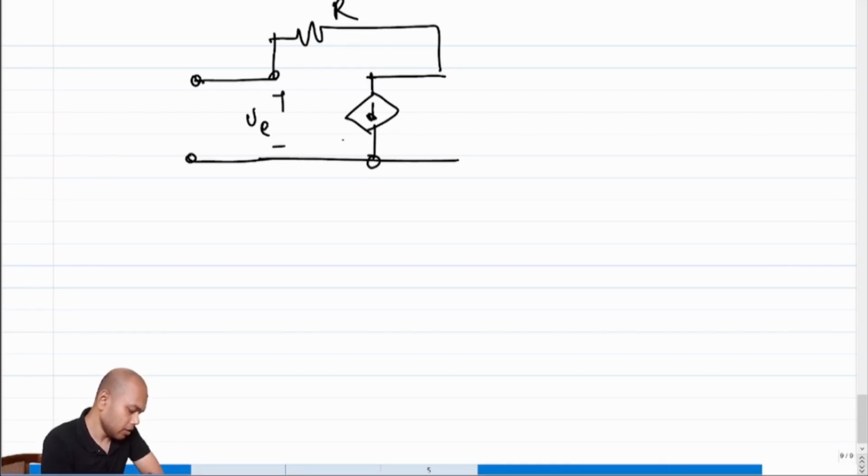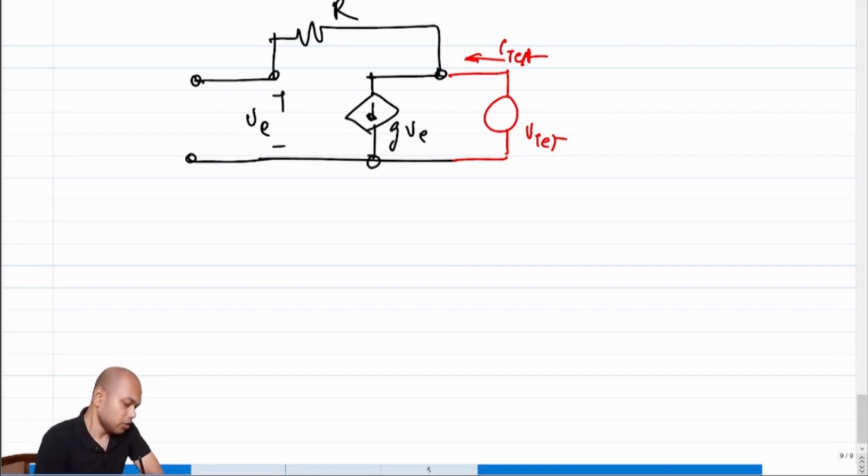This is VE, G times VE. We apply a test voltage at the output terminal. We find out what is I test, right? So clearly no current flows here because the other side is ground, open. So this terminal becomes V test, which means G times VE becomes I test. I mean, this is the entire I test. So it essentially means I test is equal to G times V test,